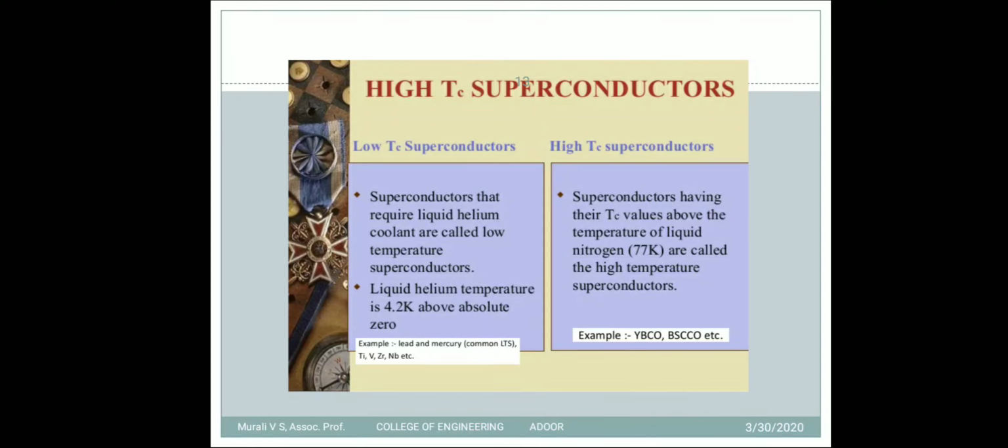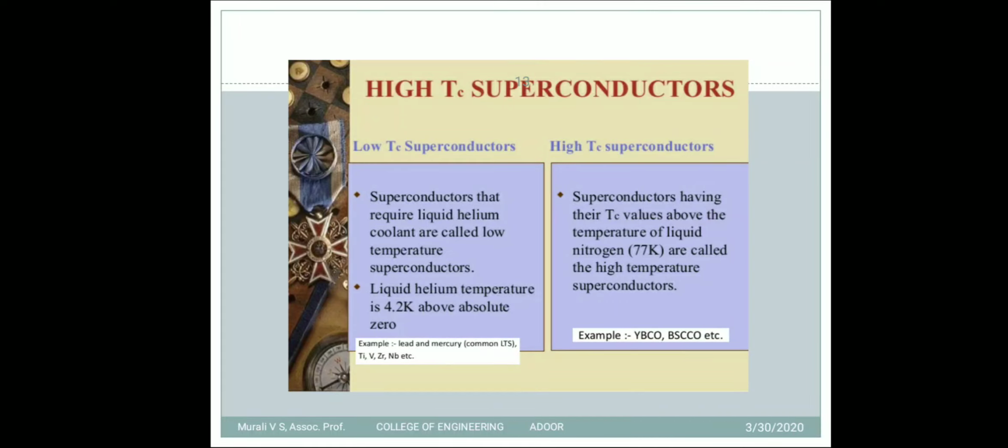So any material which acts as a superconductor in liquid nitrogen, that is at 77 Kelvin or above, is called a high temperature superconductor, and any material which has a transition temperature of 4.2 Kelvin